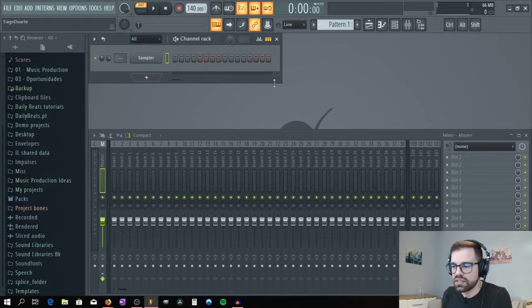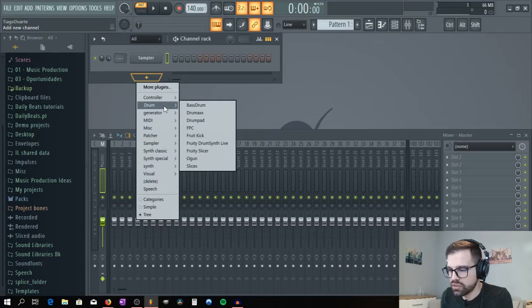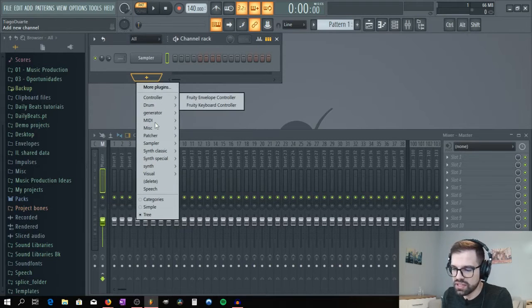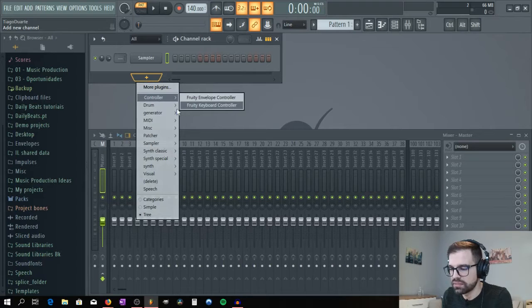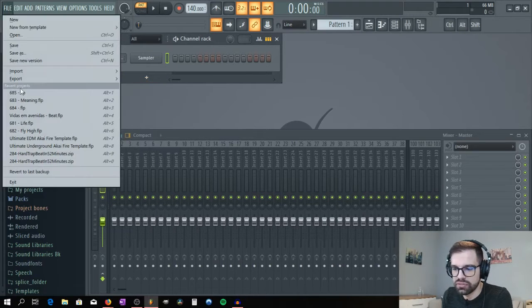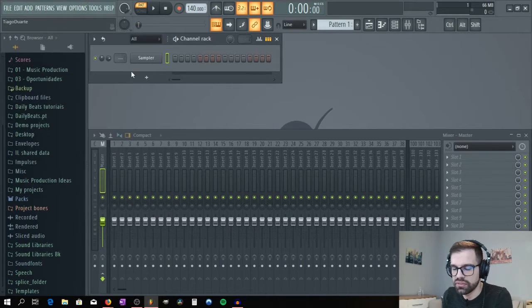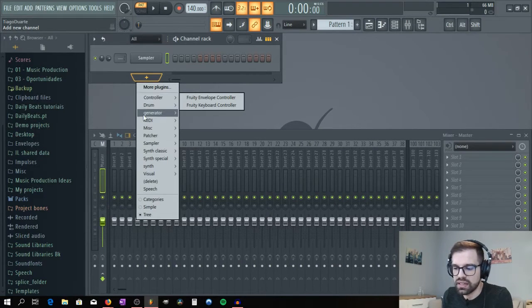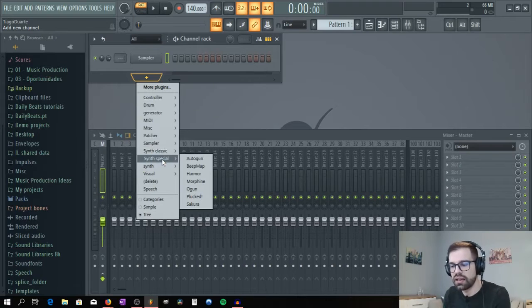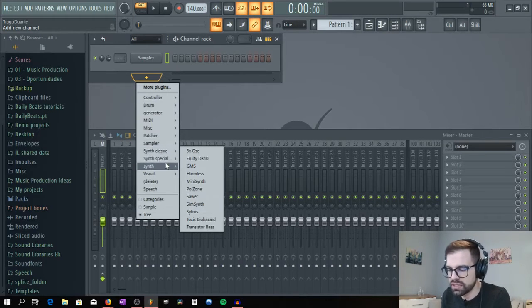Okay, first thing first is to load the FPC. So let's go here to drums. By the way, if you don't have this menu this way, you can choose between these three options: categories, simple, and tree. I like tree because I prefer to have it like this. It's like the menus I'm used to here, for instance. I like to have pretty much all these categorized, and I can also create my own categories and have